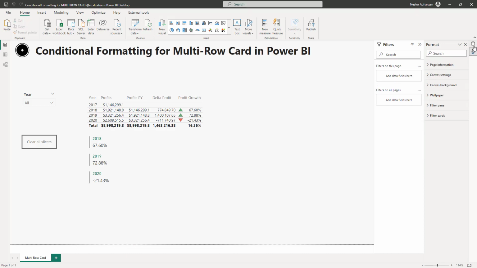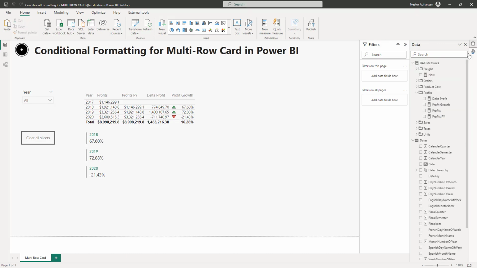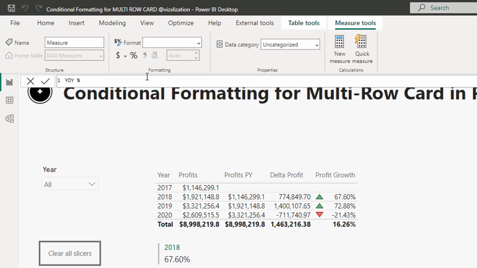So let's do this. Let's go over here again, and let's create a new measure, okay? We're going to call this year-over-year percentage, and let's use circles for now. Green and red circles, okay? So let's call this then green, red, okay?